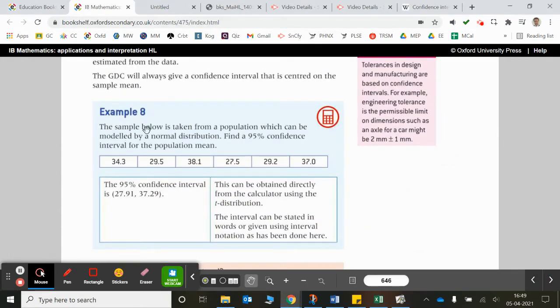Example 8: the sample below is taken from a population which can be modeled by a normal distribution. Find a 95% confidence interval for the population mean. If we were looking for the population standard deviation, we'd need to work out the standard deviation of this and do Bessel's correction again, multiplying the variance by n over n minus 1, or just take it from the statistics on your calculator. But we don't need to do that in this case. So we go straight to our calculator,